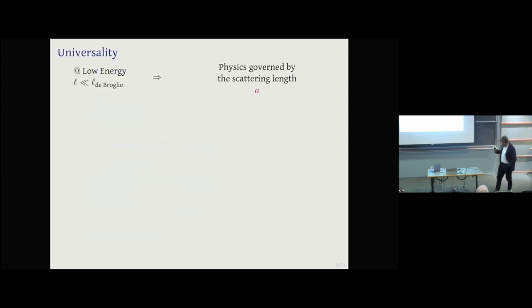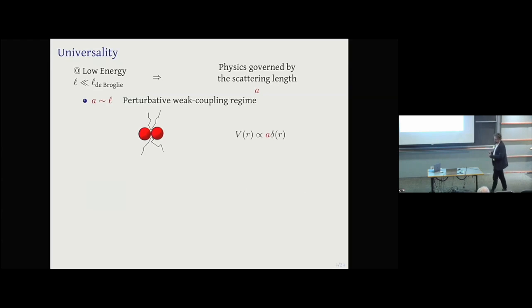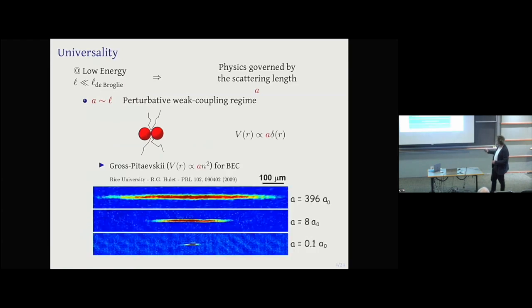So what we learned today is that at low energy, the two-body physics is governed by the two-body scattering length. Usually we have two regimes. We have a regime in which the scattering length is more or less the same size as the interaction length, and so we have a weakly interacting system, which works for two bodies, but also works for an infinite number of bodies. So you can use the same scattering length to describe a Bose condensate, and moreover, you can use a Bose condensate to measure the scattering length.